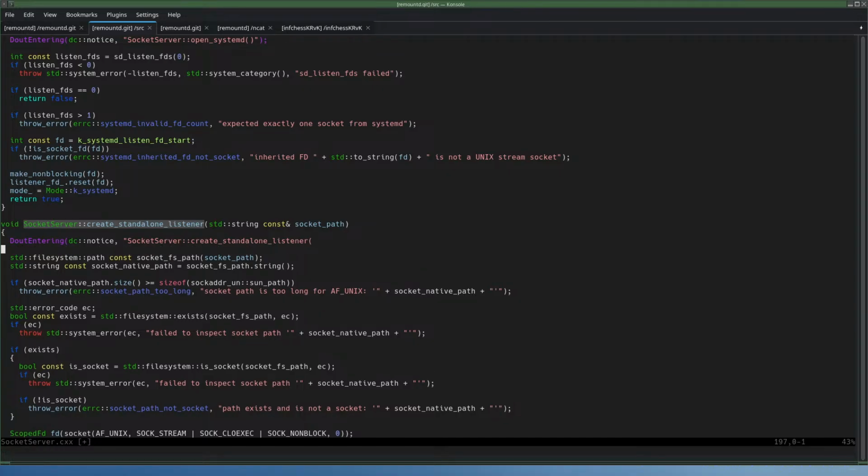The socket path. Why is that not a file system thing? It is here. Yeah, it should have passed. It should have been passed like that, I think. It should have been a file system path from the beginning.